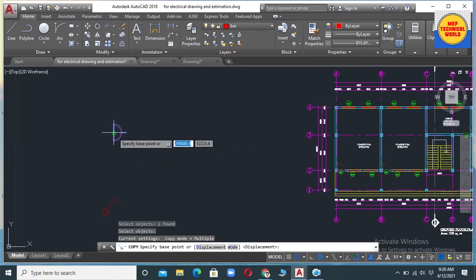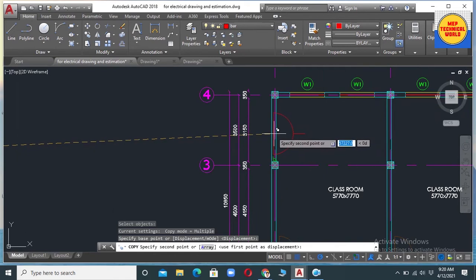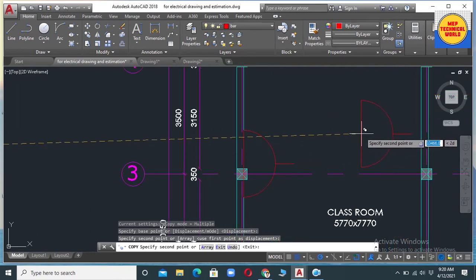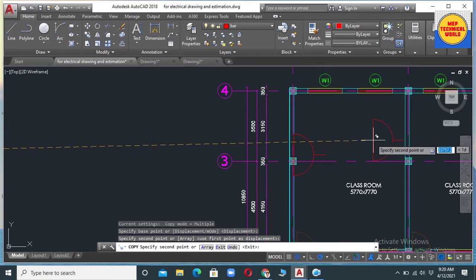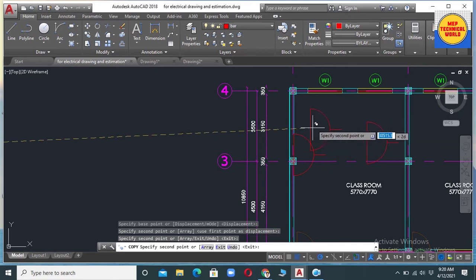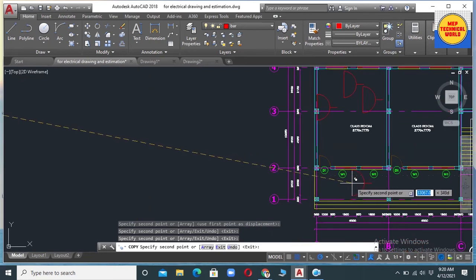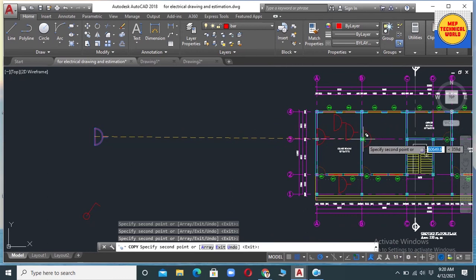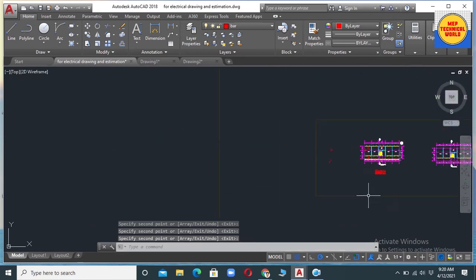Specify the base point. Okay, so in this way we can place the power socket.